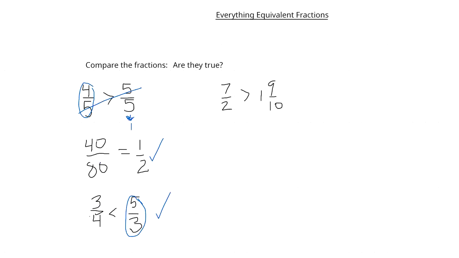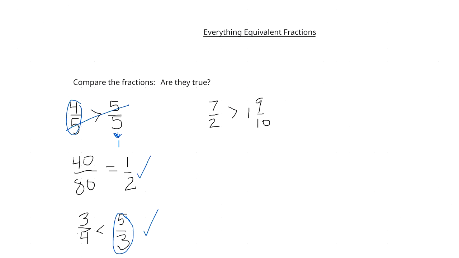And finally, 7/2. I know whenever the smaller number is carrying the bigger number, that this fraction is greater than one. But wait, that's not enough for me because the fraction 1 and 9 tenths is also greater than one. So then what do I need to do? I'm going to break this down so that it can look like a mixed number. How do I do that? You go